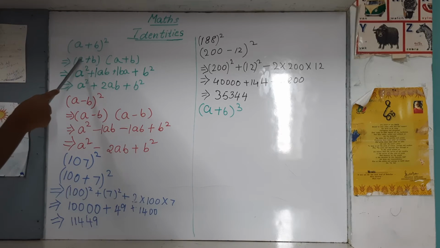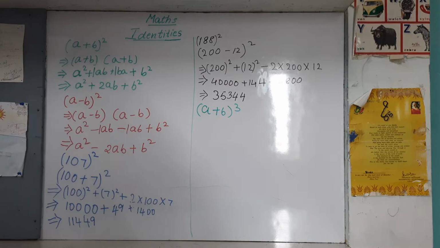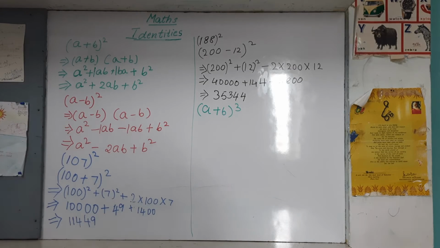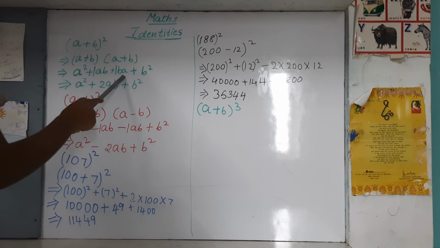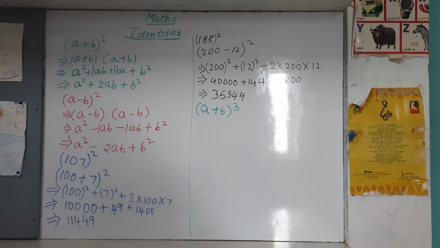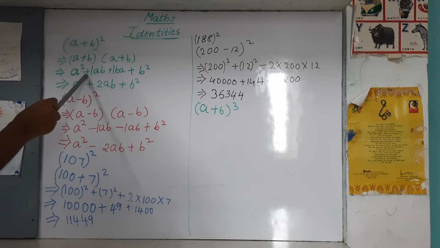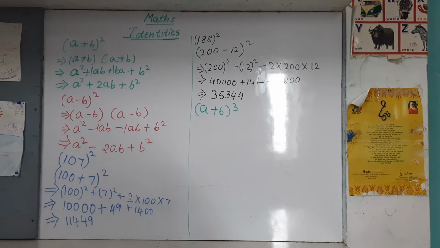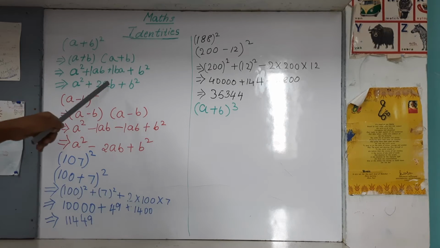Now first we have to take the first term and multiply it with each term. So a into a is a square. a into b is ab. For my convenience, I have written 1ab. Then I take b. b into a is ba, b into b is b square. So here there are like terms. We always add the like terms. So I'll get 1 plus 1, which is 2ab, and all plus. So a square plus 2ab plus b square. So the formula for (a plus b) whole square is equal to a square plus 2ab plus b square.